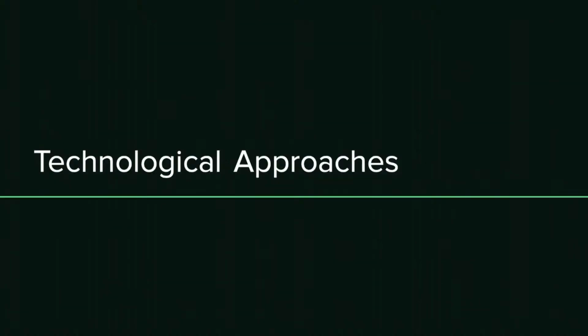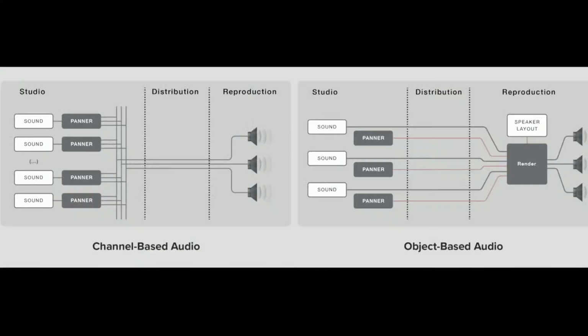The technical evolution of spatial audio has moved through several distinct approaches. First, channel-based systems began with mono, 1 channel, 1 speaker, progressed to stereo, 2 channels, 2 speakers, and eventually evolved into formats like 5.1 and 7.1 surround sound. The limitation of channel-based audio is that each audio channel is fixed in the mix, providing no flexibility for different